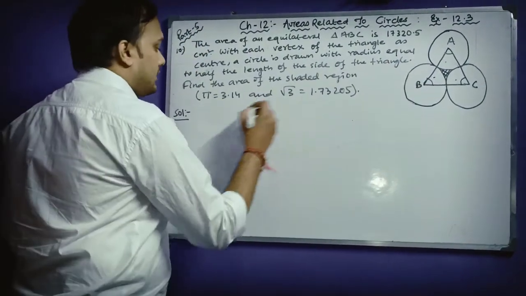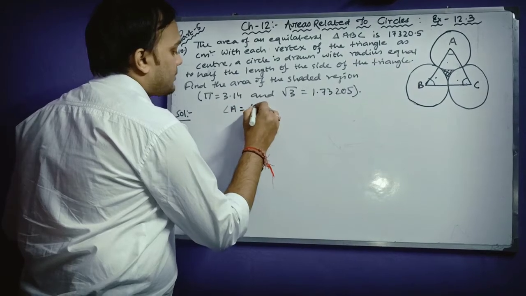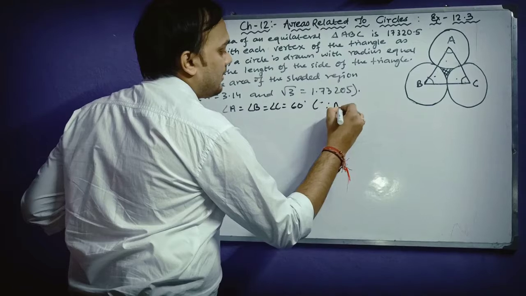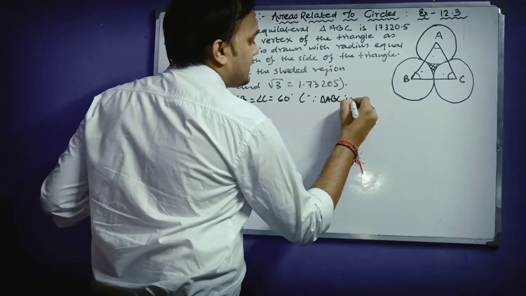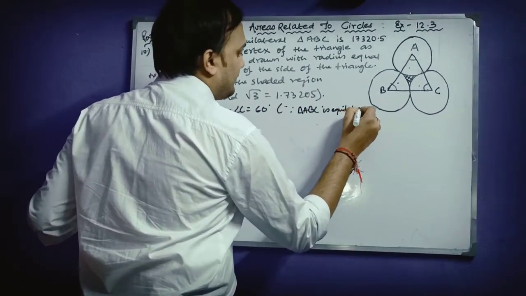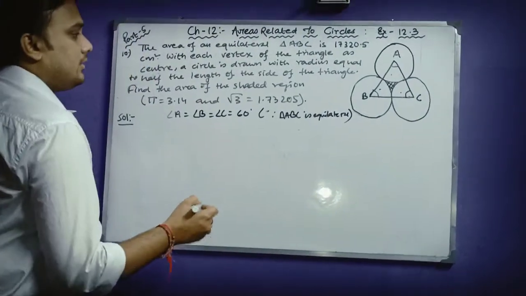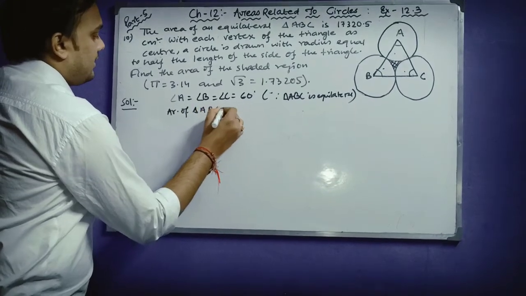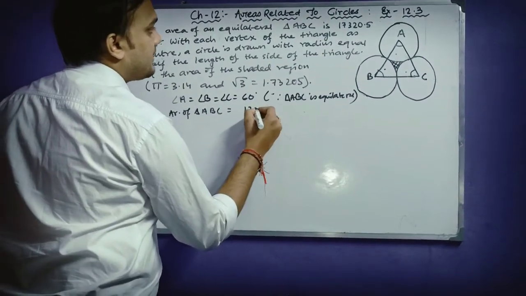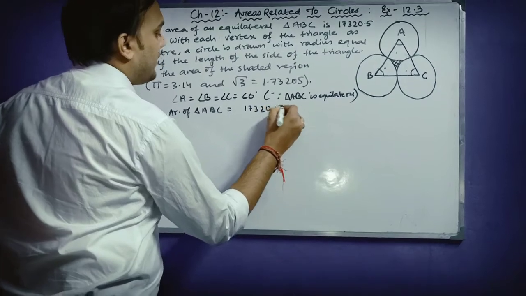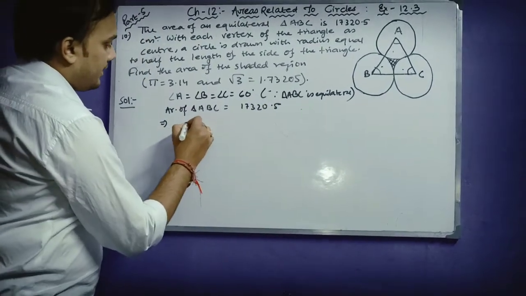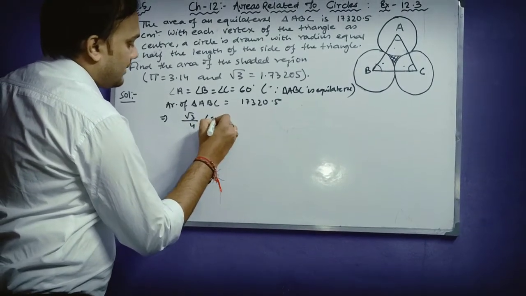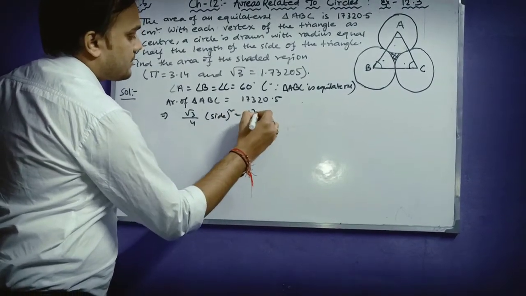So angle A equals angle B equals angle C equals 60 degrees, as triangle ABC is equilateral. We can write it here. Also, the area of triangle ABC is given here as 17320.5, which implies the area of the triangle ABC will be equal to √3/4 into side square, which is equal to